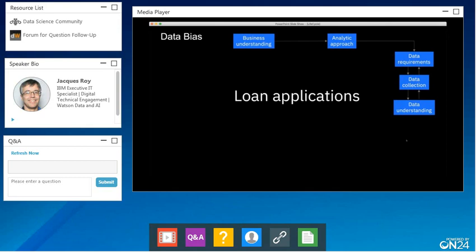Maybe somebody else that didn't quite fit all your criteria would have been a good transaction. And so by looking at all that data, you know that there's bias that is already part of the data set, and you need to spend some time figuring out how you will handle it.